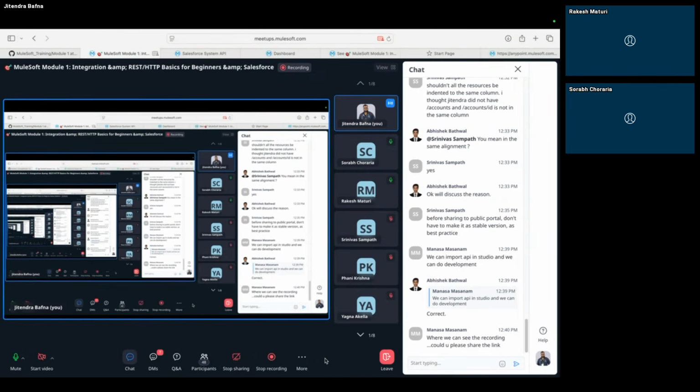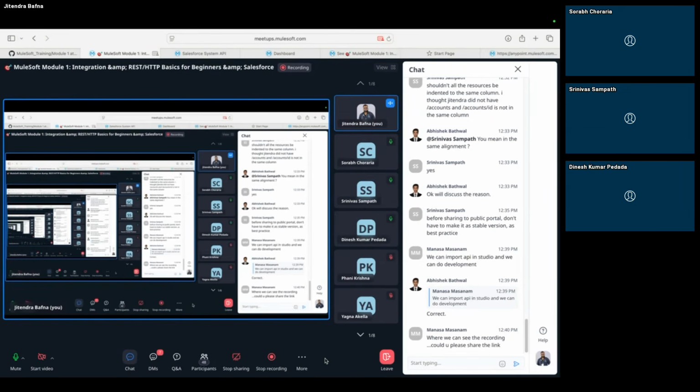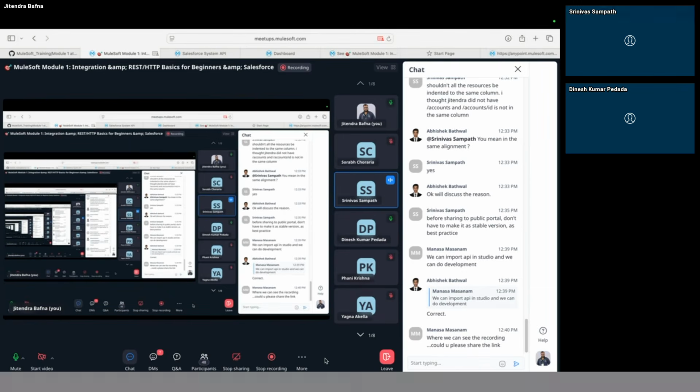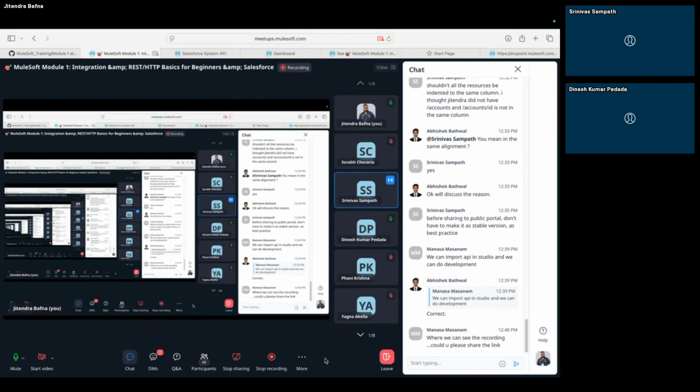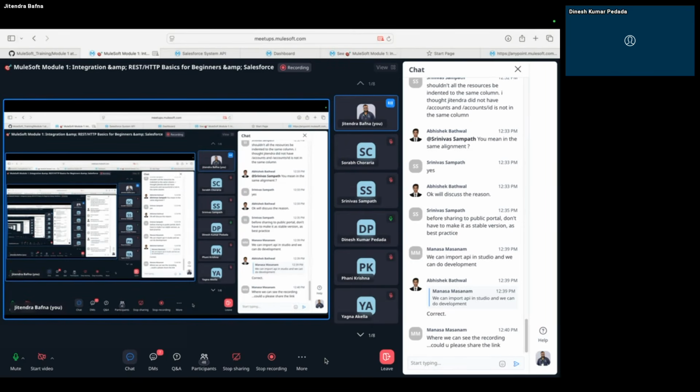Okay, that is correct. Srinivas, you are saying something? Yes, mine was that you define the RAML specification so you can get the business users to confirm that the blueprint is good for you to do the implementation. You don't want to start developing and then figure out the specification itself is wrong and there are changes to it. Okay, that's cool. Saurabh, you are also having some inputs.